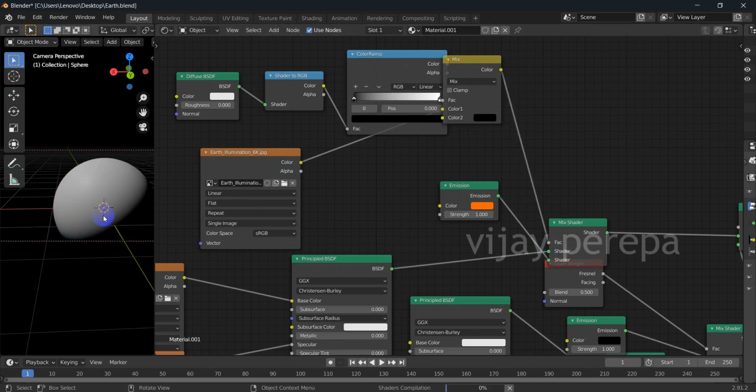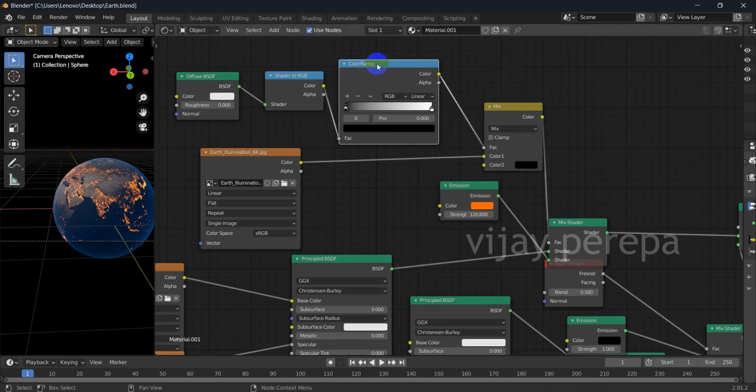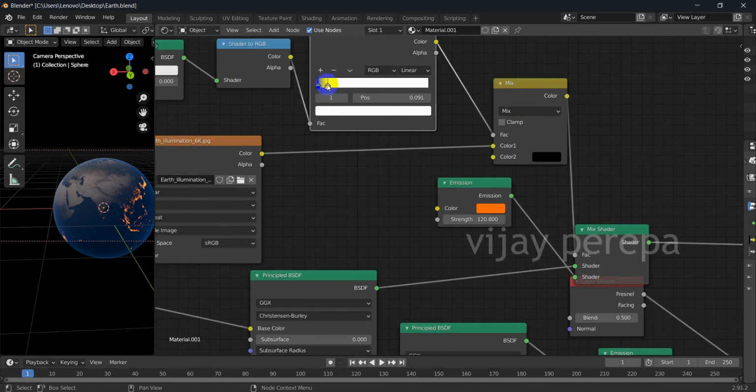Now you can see a kind of glow here, but actually that is not too good because it is very light. Let me increase the strength. Now you can see across the earth it is completely glowing, but when the sun is there, there will not be any requirement of light. So only the back side, the opposite side, should have the light. To make that, I need to set this color ramp like this, exactly on top of it, so that you can see that. But this effect is still not coming.